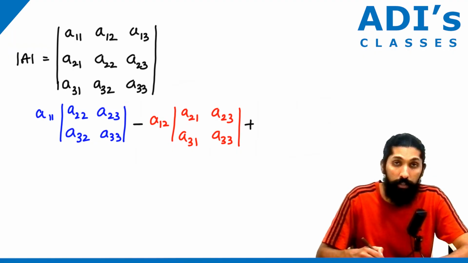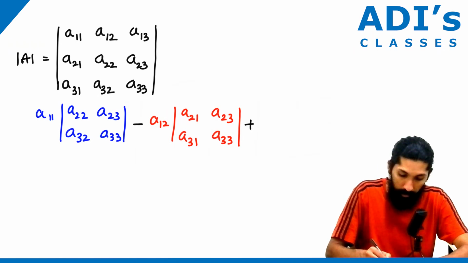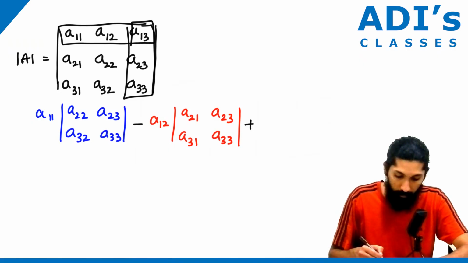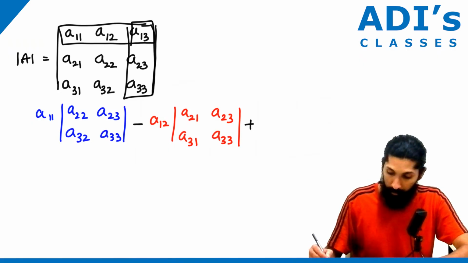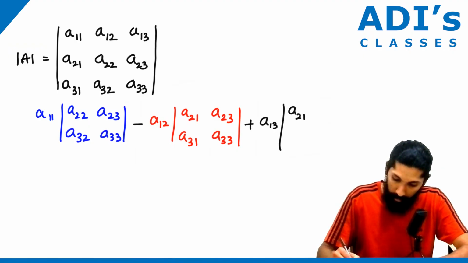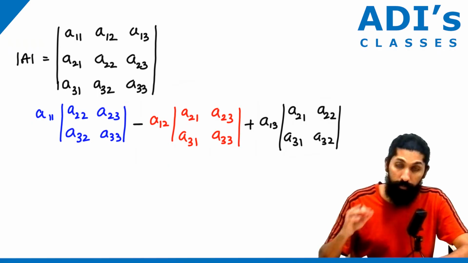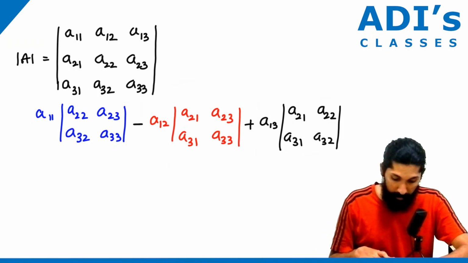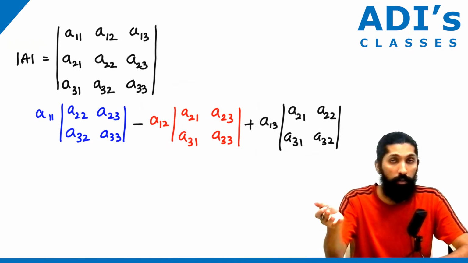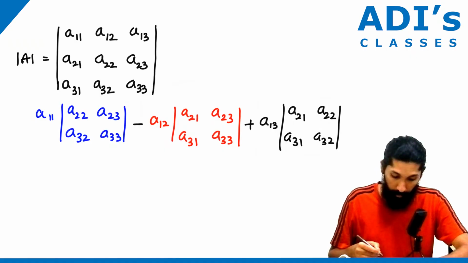Next we are looking at A13, correct? So A13, this is the row, this is the column. Again 4 elements, correct? So in this case, plus A13, determinant of A21, A22, A31, A32. So we are going to have 3 values now. See, if you expand this one, A22, A33, that's nothing but the same as expansion of a 2 cross 2 matrix, correct? So we are going to have the final answer,